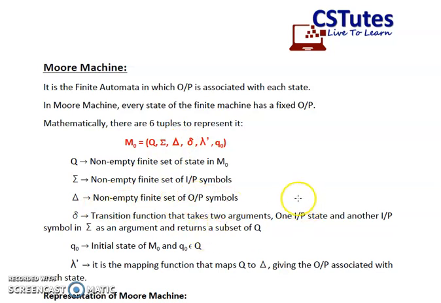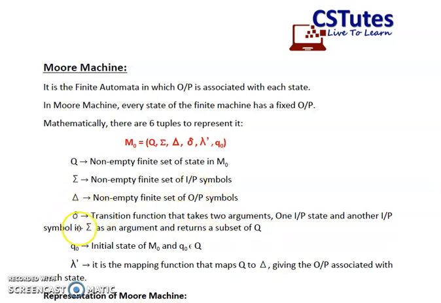Now, if we talk about a DFA or NFA, capital delta was not present in the mathematical representation because there was no output associated with the states of the DFA. But in case of a Mealy machine, there is an output associated with each and every state. That's why capital delta is present over here. From here, we can say why a Mealy machine is a finite automata. Since a Mealy machine consists of a finite set of states, a finite set of input symbols and a finite set of output symbols, that's why it is an example of finite automata.